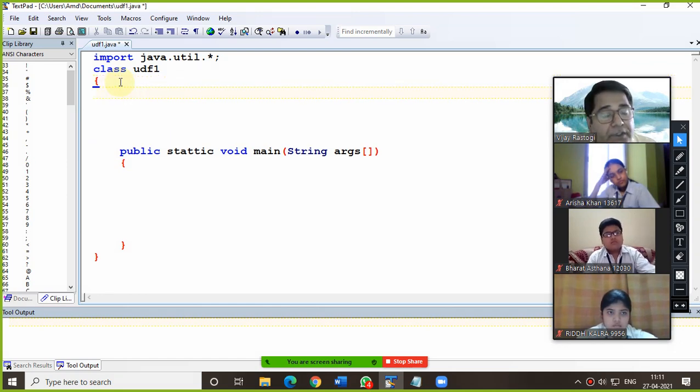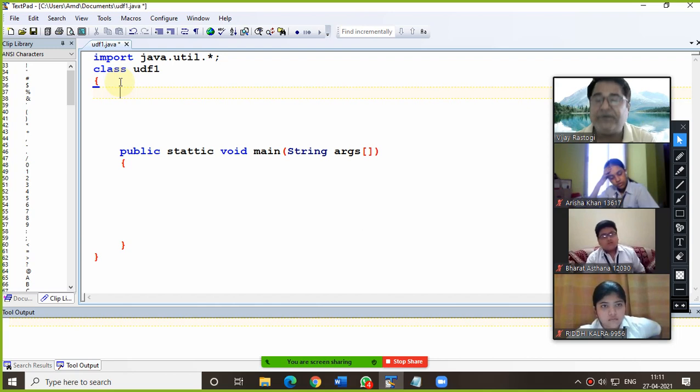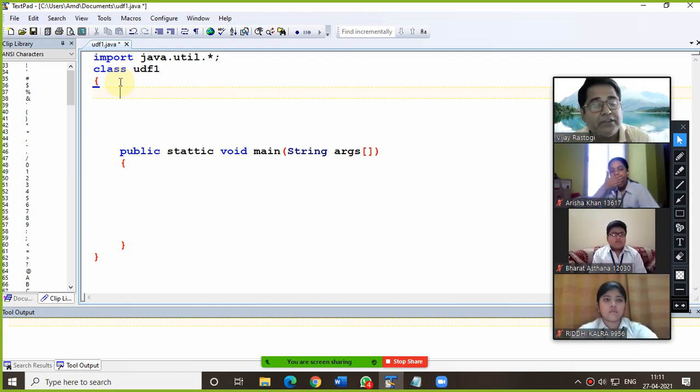Now after the opening curly brace, we are supposed to write the function prototype. I told you initially, the function prototype is the first line of the function. It tells about the function, and first of all it tells about the return type. In the syntax we start from the return type, and that is very, very important. So first we should understand what type of value your program is going to generate.